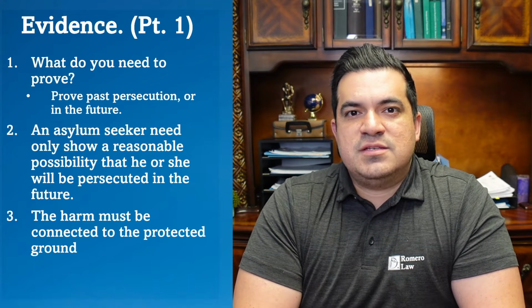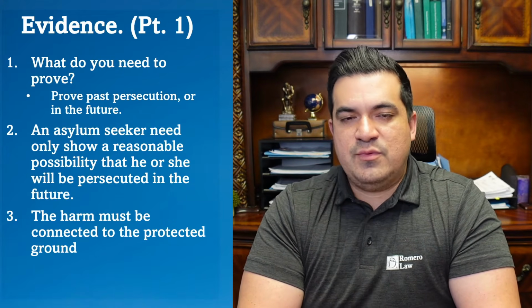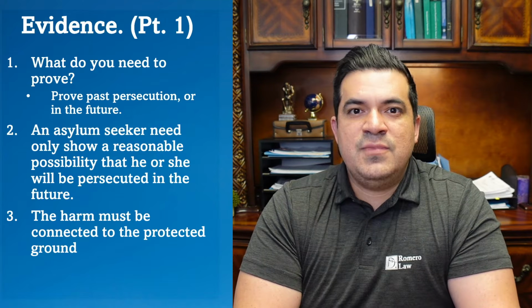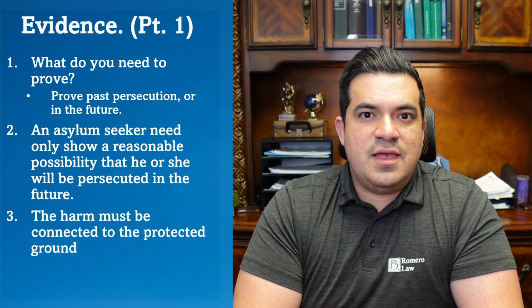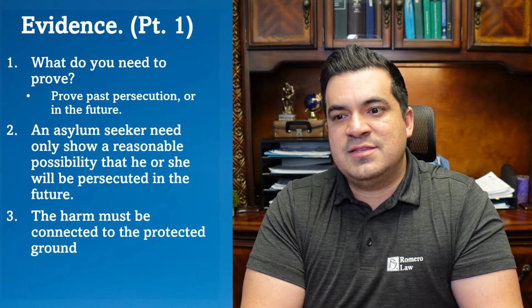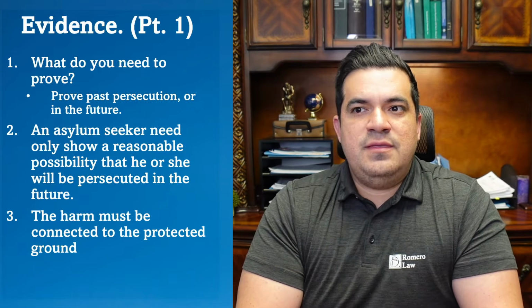And then the next question is, okay, how do we prove that was the reason why they attacked you? Now if there was a history, there were comments, there was evidence that they threatened you because of your religion, then that's important. But if we cannot connect the act to the religion, we cannot just assume that was the case without any evidence, then that's where the case may be difficult. So we have to find the connection between the harm and the reason.